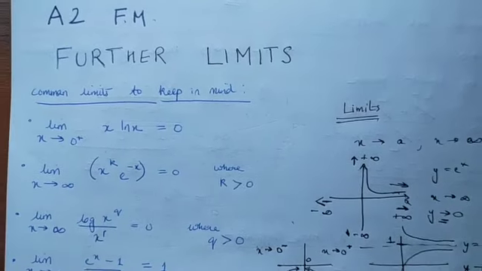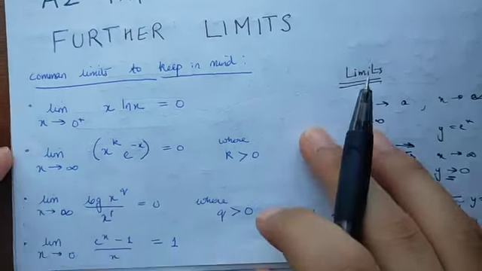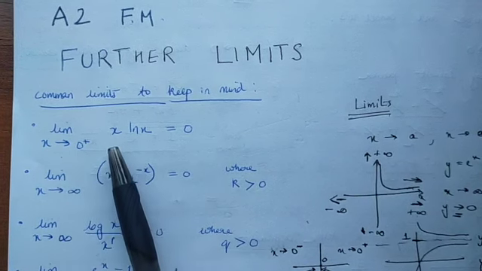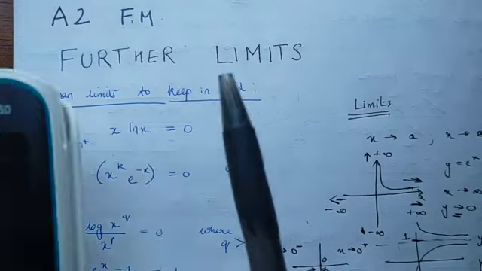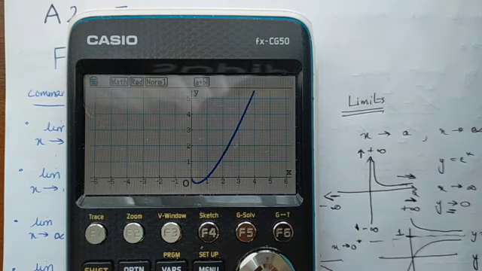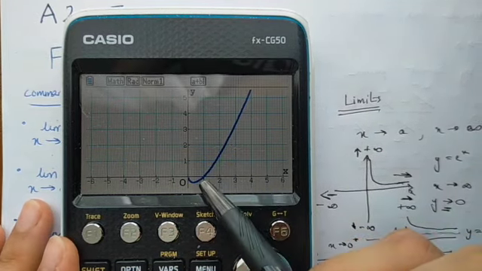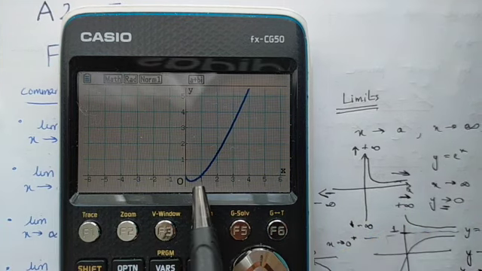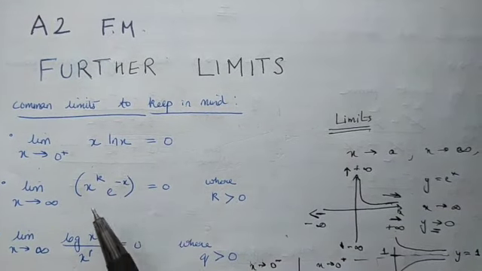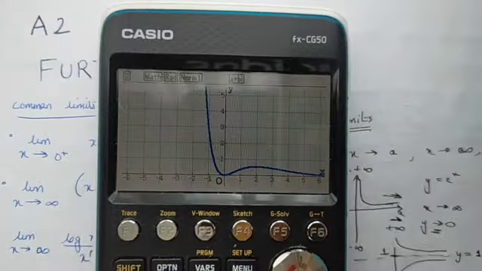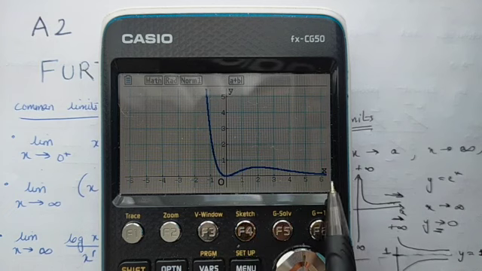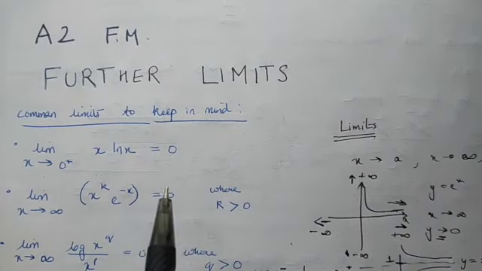Now let's look at some common limits that we should keep in mind. Now if you take a look at this, where x approaches 0 from the right-hand side for x ln x, if you take a look at the function, as I'm drawing it out here in a graphic calculator, as x approaches 0 from the right-hand side, the function approaches 0, so this limit tends to 0. So now if we were to look at this function, where I have just named x as 2, x approaches infinity,